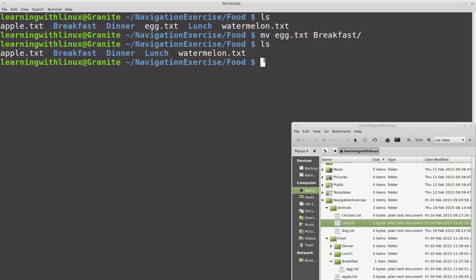Okay, so I want to move that. What are some different ways I can do that? Well, obviously I'm going to use the move command. But back to what we had talked about before, I can use relative or absolute paths. Either one works. So again, in here what I'm going to do is,